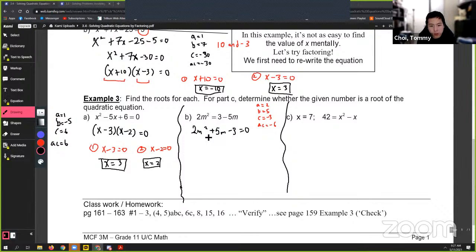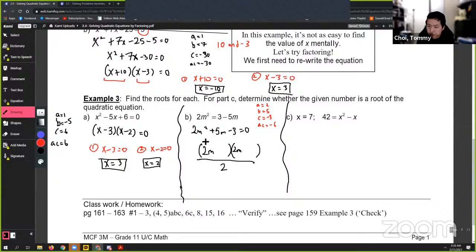So we have 2m squared plus 5m minus 3 equals 0. The Australian method basically takes your a value. So we have our two brackets with 2m, right? Just showing the class here how to set it up. So everything divides by 2m, right? And then we have the a value also at the bottom. So all three a values are down. Then we think of the two numbers that multiply to negative 6 but add to 5. And those two numbers would be,